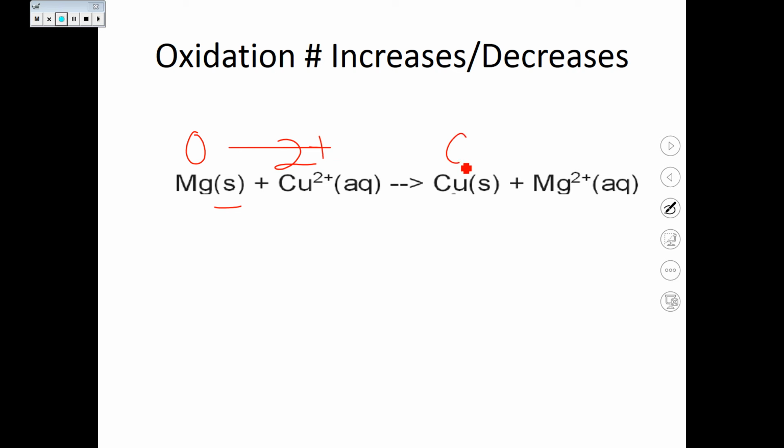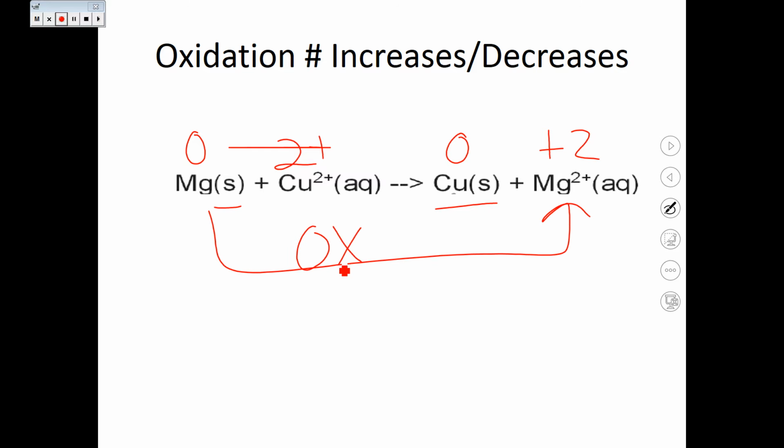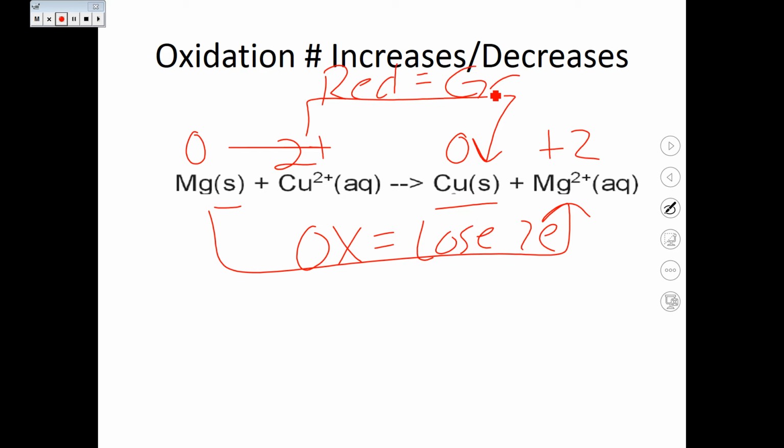This copper is going to be 0 because it's a solid, and this magnesium is going to be plus 2. So the magnesium is going from 0 to plus 2. It's being oxidized, which means it's going to lose 2 electrons. The copper is going from plus 2 down to 0, so it's being reduced, which means it's going to gain the 2 electrons that the magnesium